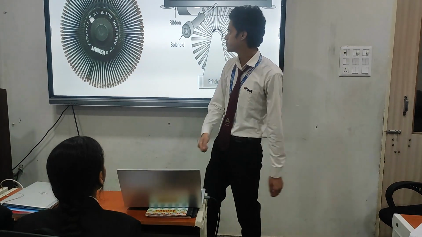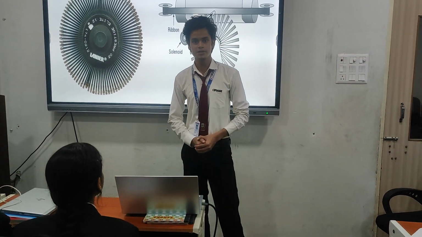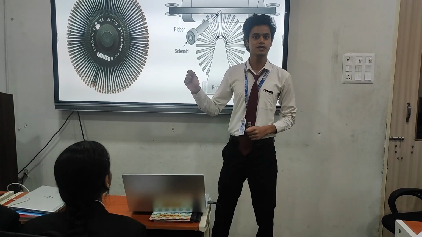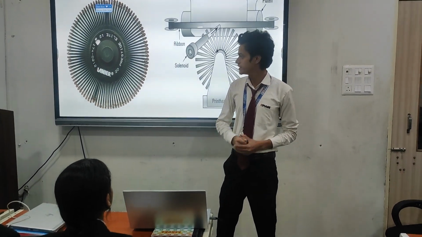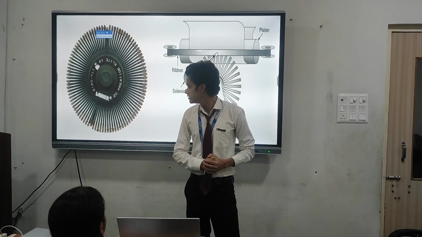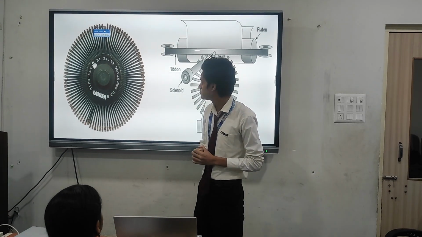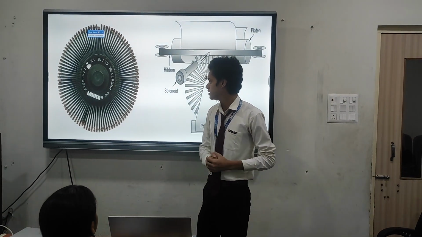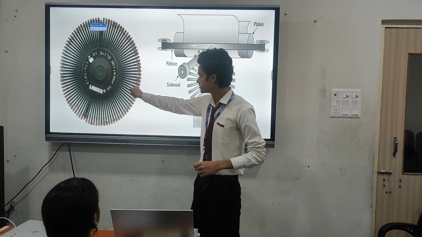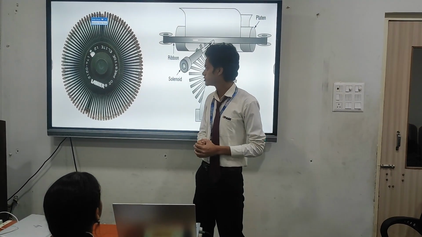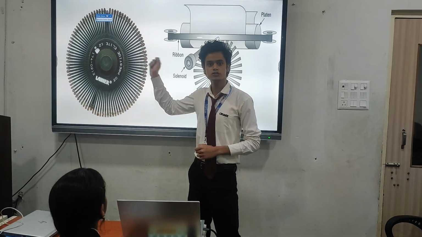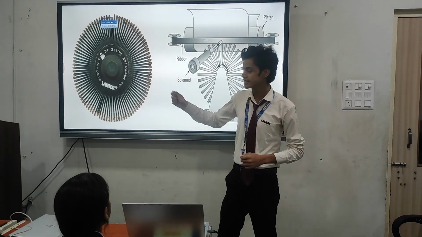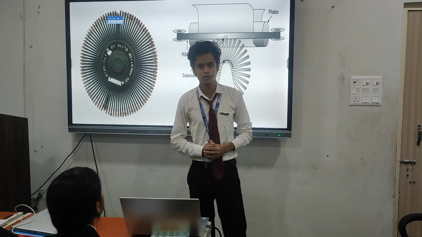Moving ahead, the daisy wheel printer. The daisy wheel is a printing element which, when you look at it from the side, seems like a daisy flower. That's why it has the name daisy. When talking about the printing technique, it consists of a central disc with spokes radiating out from it. At the end of the spokes, you'll see characters which are embossed on it. The wheel is used in this printer. That's why it's called a daisy wheel printer.